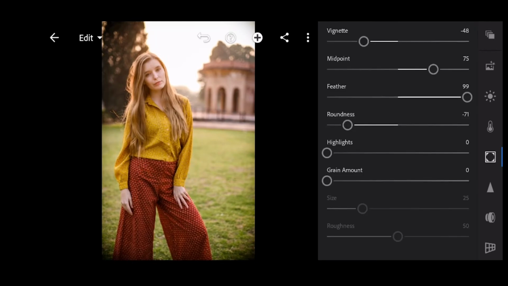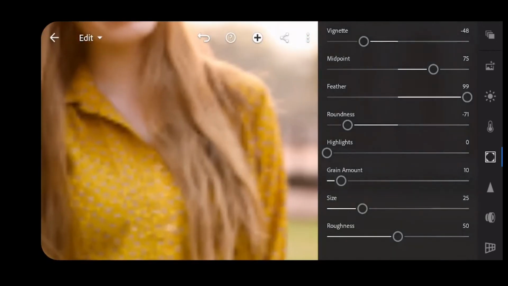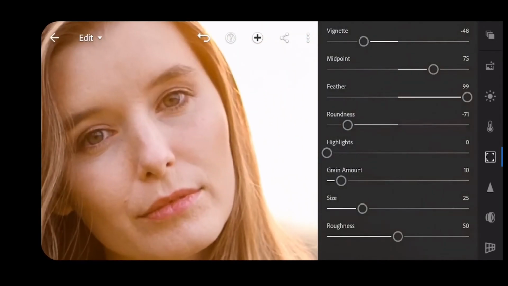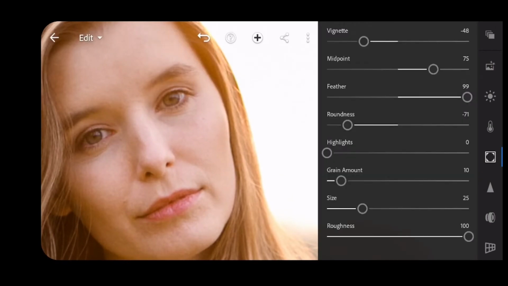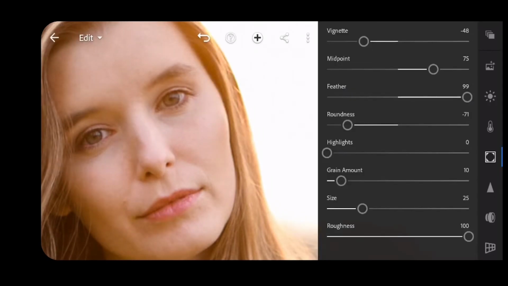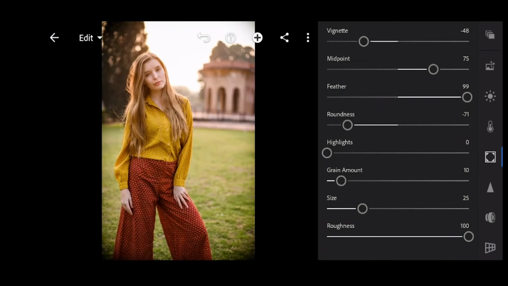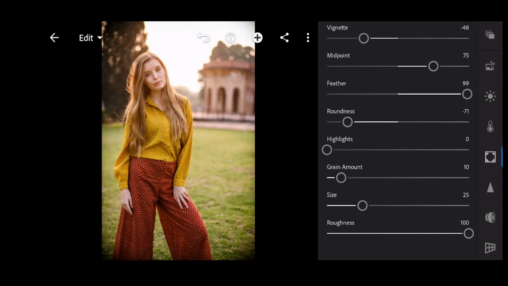Grain amount. There is a trend going on wherein you add grain to your picture. What is grain? It is just digital noise which shows in your picture. Her face is looking nice because it was taken in good light. If you add grain, it adds grain to the picture. Before, there is no grain, and now you can see small circles. Some people feel it looks more like a painting style, so it's up to you whether you like grain or not. But as soon as you open the grain, you can see two more options, size and roughness of the grain.